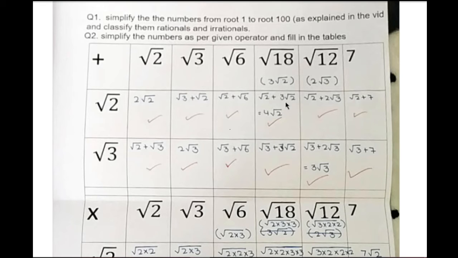Similarly here, it's the simplified form for root 8. Instead of considering root 2 and root 18 as x and y, the simplified form became 3 root 2, so this can be considered as x and 3x, and that's why the answer is 4x. So the main thing is here. You have to focus on here. If something is still unclear, please post it.